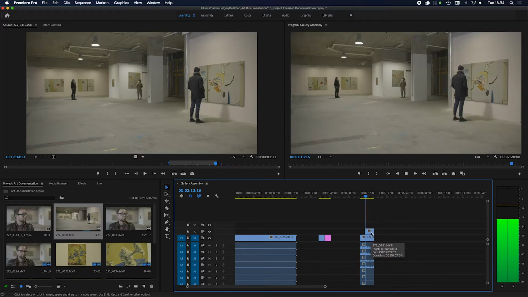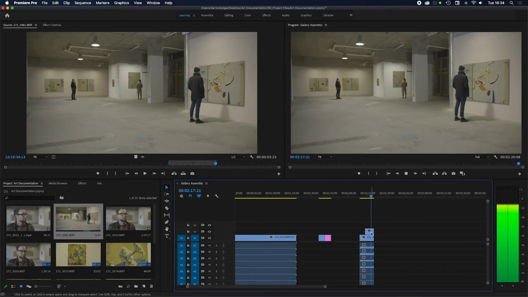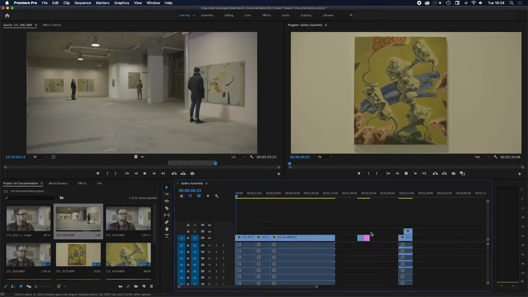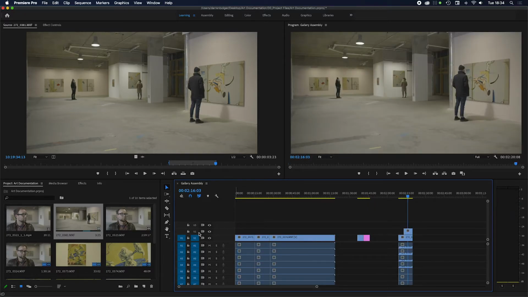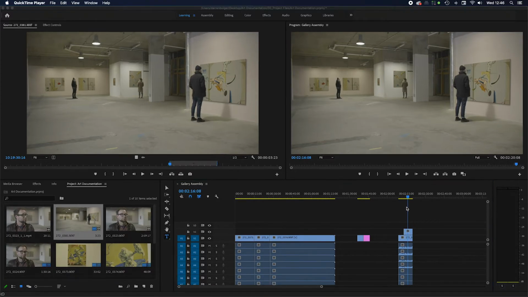I can continue adding more clips in this way, so if you had a lot of different soundbites, spoken word, interviews, you could have all of them be on the video track 1 and then all of your B-roll on video track 2. Two final points: if you want to add graphics to your video, just